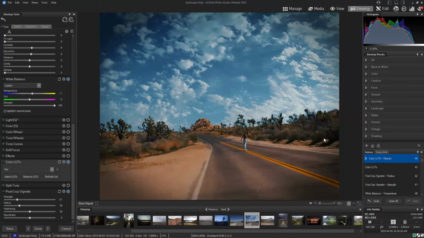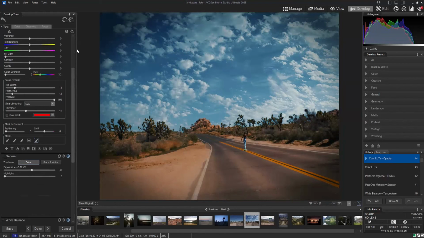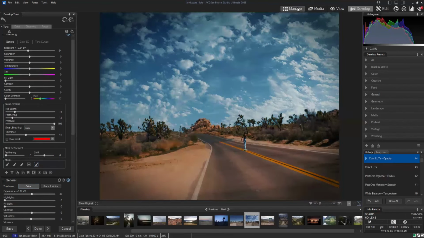Yeah, you can do a lot of stuff with Light EQ. Again, there's many different ways to go about your edits, and this is just one of the ways. I'll go ahead and click done, and I'll want to compare. And I guess we're only 3 minutes away from finishing, so I'm going to compare this photo with my original photo